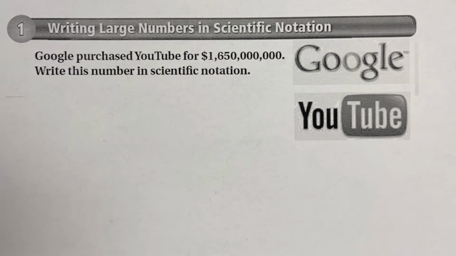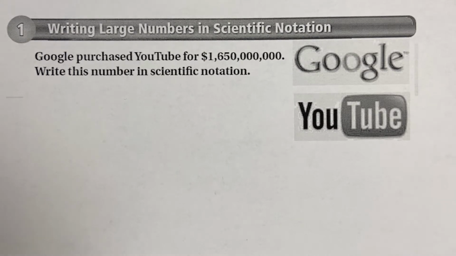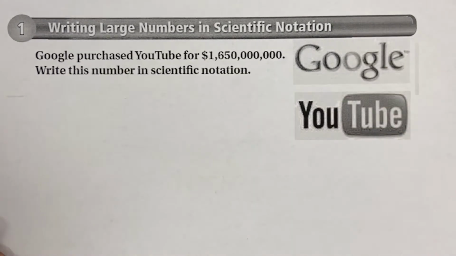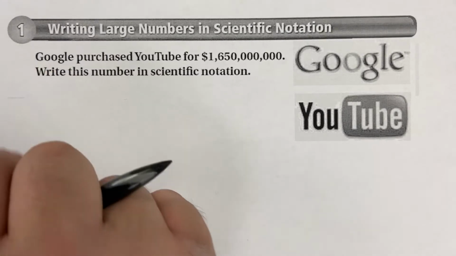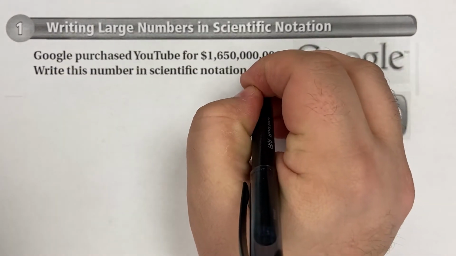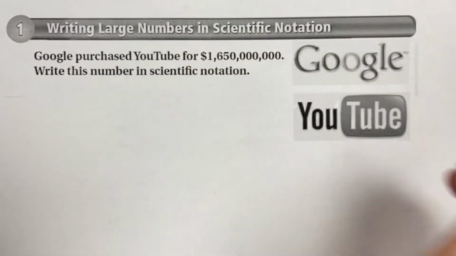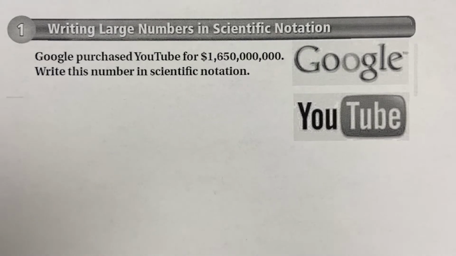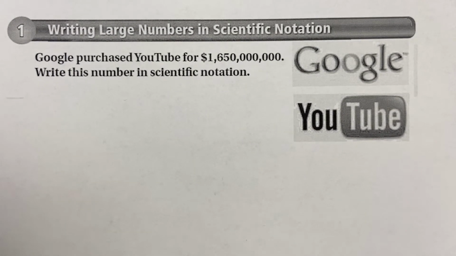Today we're going to talk about writing large numbers in scientific notation, so let's get right to it. Back in the day, and I don't remember if this exact number is true, but I do know Google owns YouTube. So back in the day, Google purchased YouTube for $1.65 billion. So thousands, millions, billions. Now, this actually goes into why we would say $1.65 billion